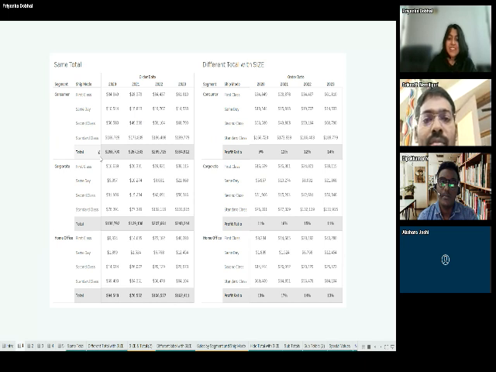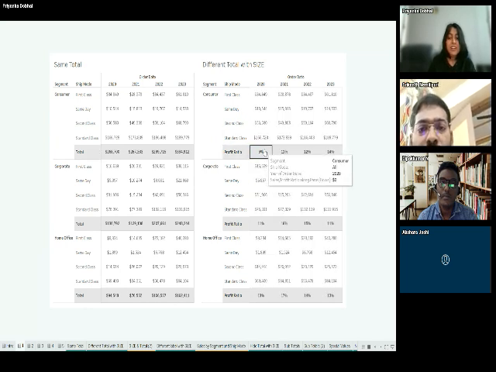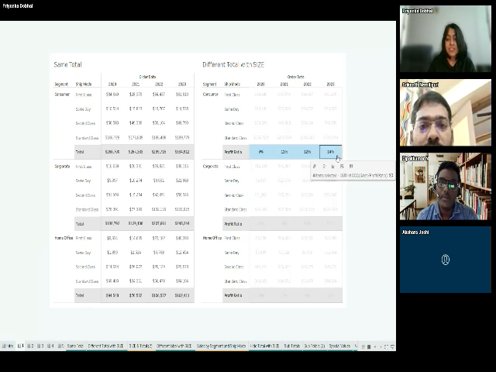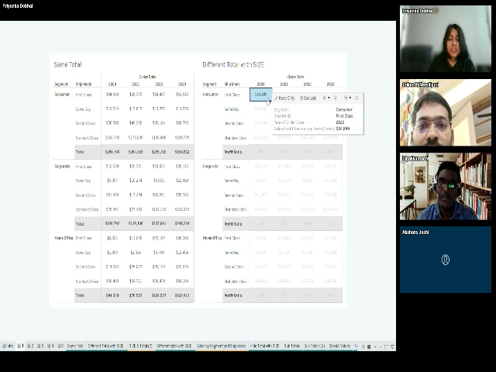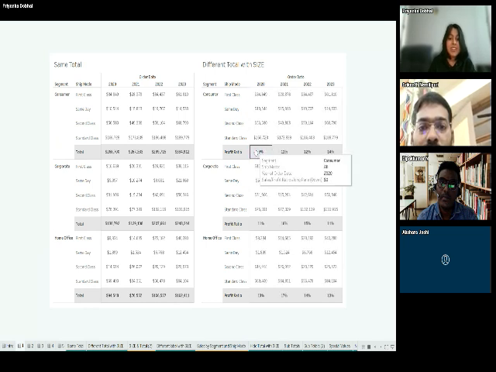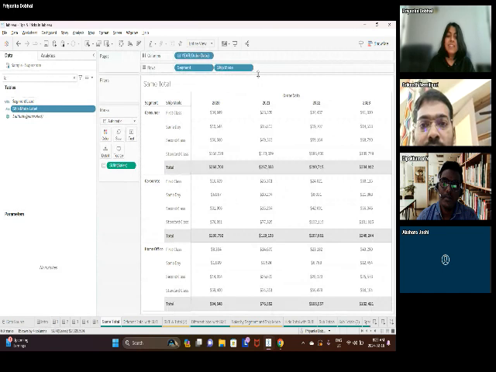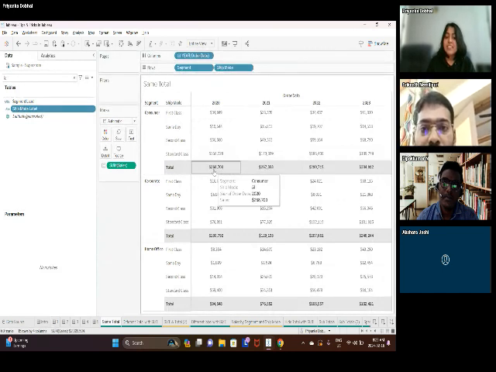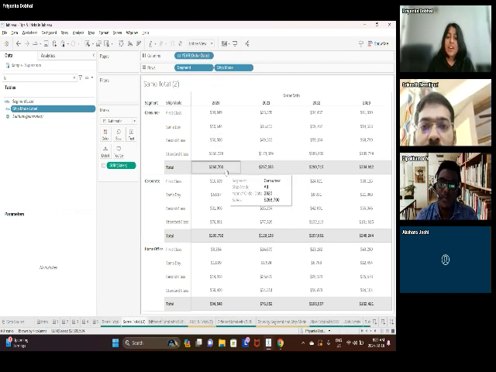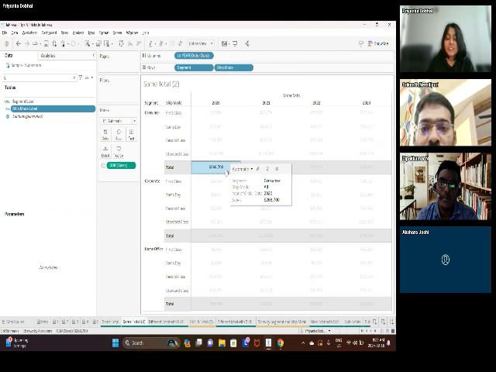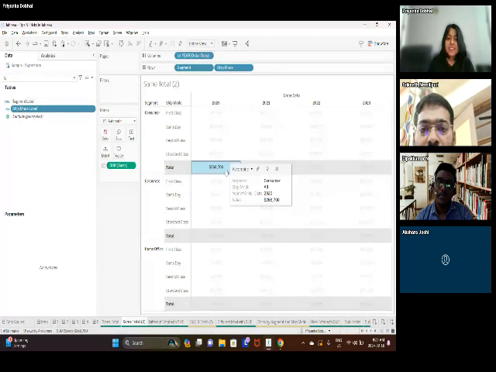So in that case, on the right hand side, you would see that the same table has been replaced now with percentages. So you would see numbers of sales on the top, but when you come down to total, you would see the profit ratio. So how did we do that? Let's take a look at this example. I'll quickly go back to the screen here. And here you can see this is the simple example that we had. Just going to duplicate this sheet for the example. And we want to show, instead of having sales, anything else. So it could be profit, it could be a percentage.